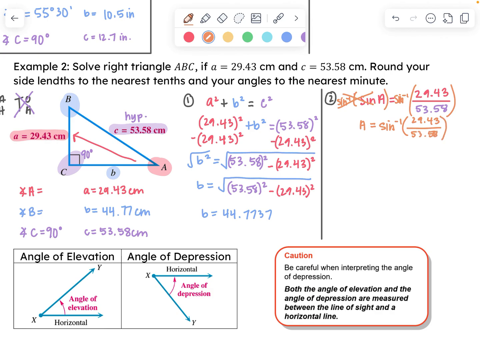And that's what I can plug into my calculator. And I would get that angle A is, and it's going to spit out a decimal. So when I plug this into my calculator, it spits out,